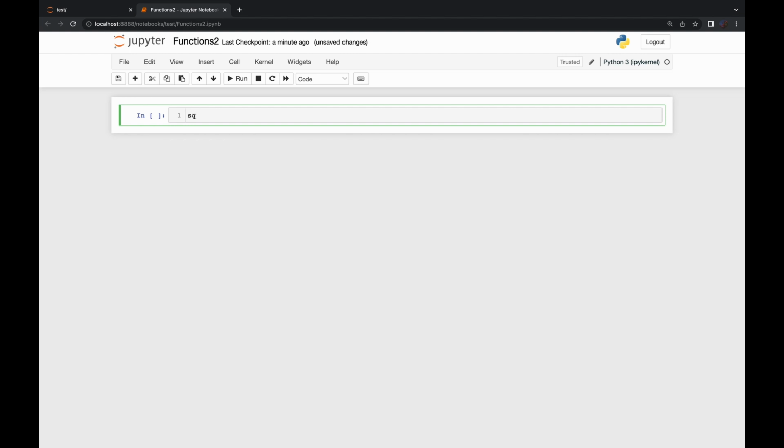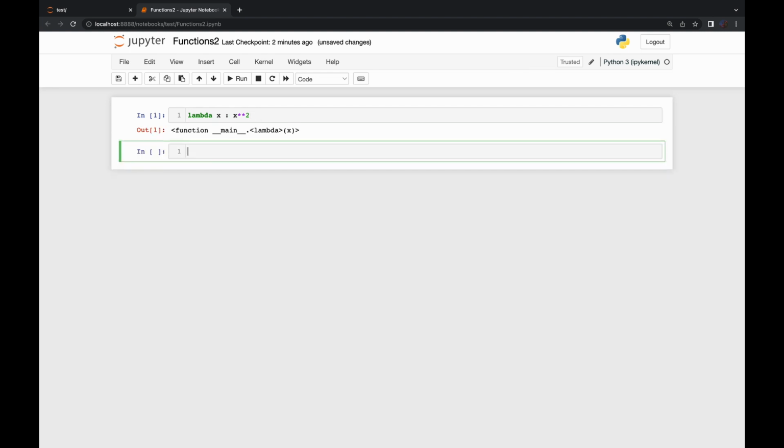Let's say I want to square a number. So I'm just creating a function like lambda x, then you use colon, then you use x star 2. That means x to the power 2. So when we are defining a function, we use def, and you can think that this part is the definition of the function and this part is the execution of what you want to do. So now if you want to do it,